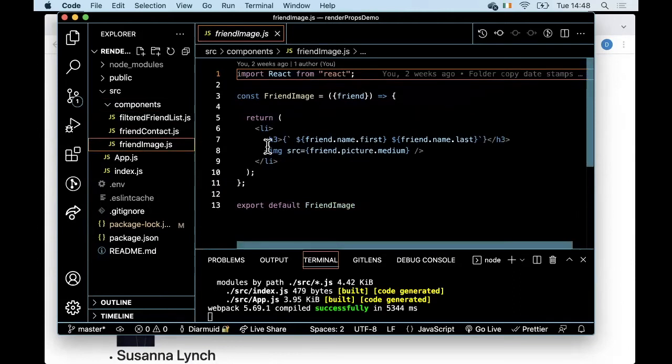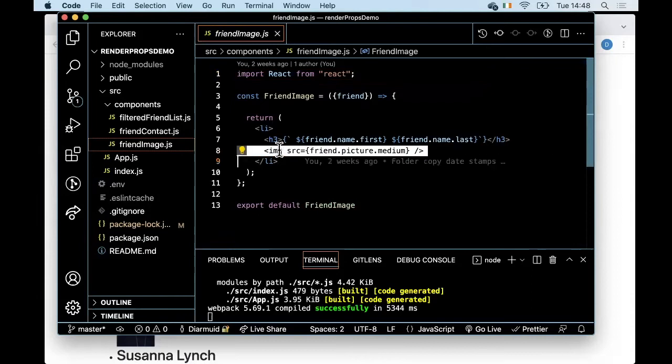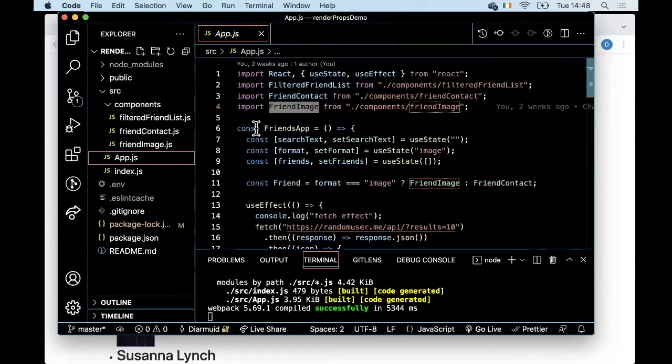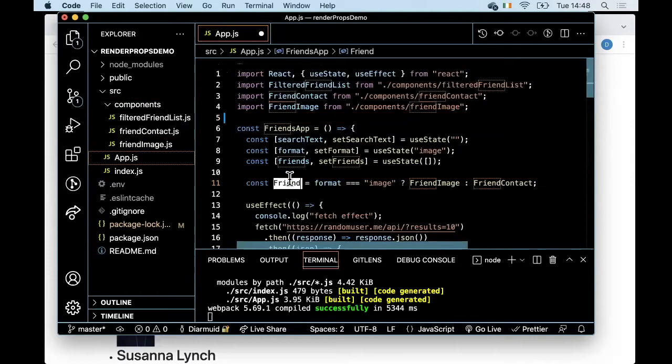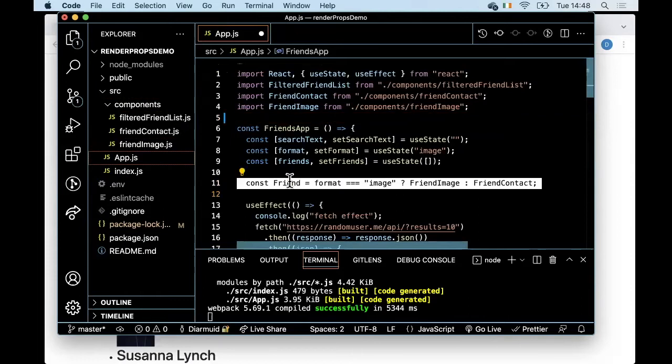Okay, simple component, but it just renders the friend's name and their image. Sorry, I should have left the app open. So I guess this is the kind of key decision making. This is the dynamic part. This is the line that determines how friends should be